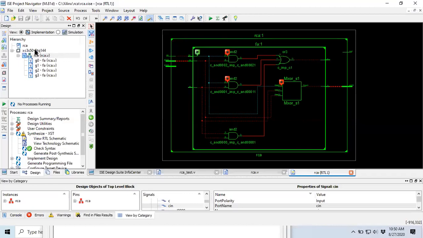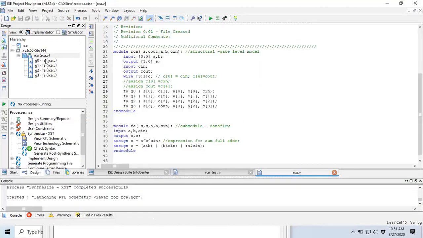Now I have selected the Spartan FPGA series here. Because of that, I'm getting the synthesis like this. It will vary from tool to tool. So Xilinx is giving a synthesis diagram like this. It is not the same as we predicted, but the working is the same. The working of the ripple carry adder will be the same. So now this is done.